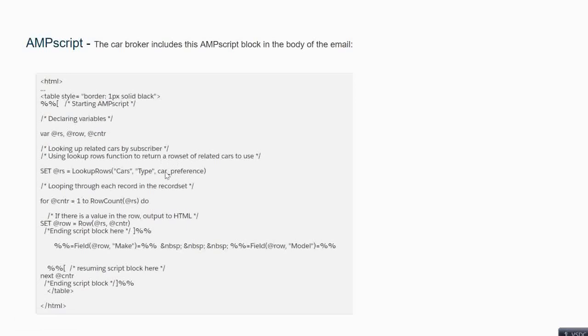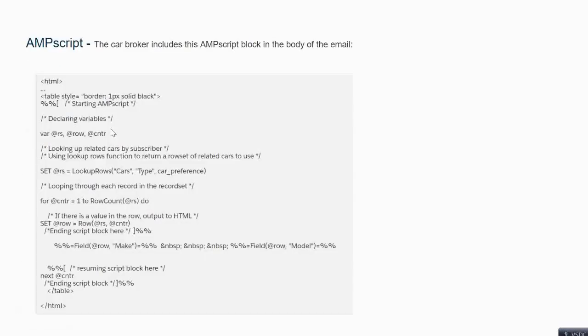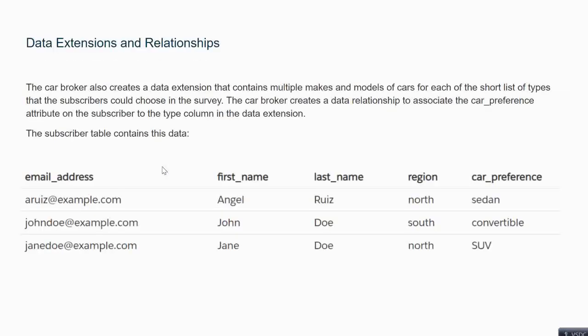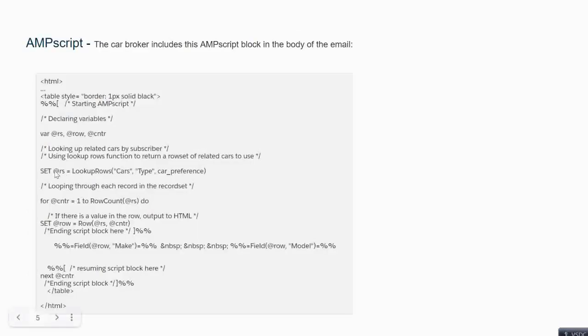Then you are filtering the entire row out from this second data extension based on the type. So where the type is equal to car preference, which you got from the earlier slide, sedan or convertible, wherever these two match, you get the entire row set from there.